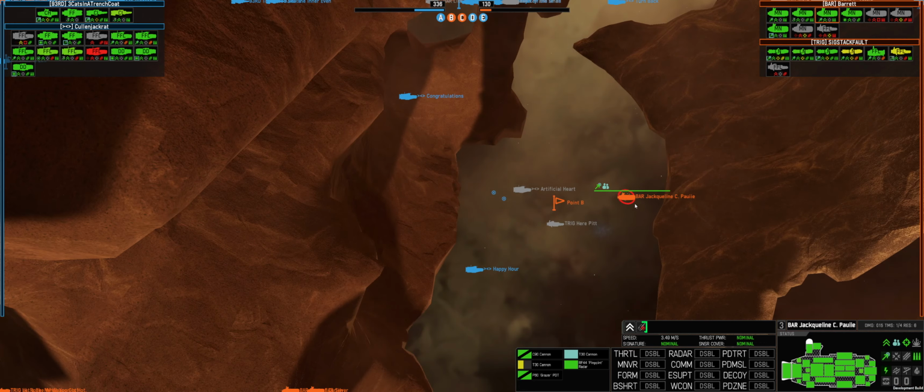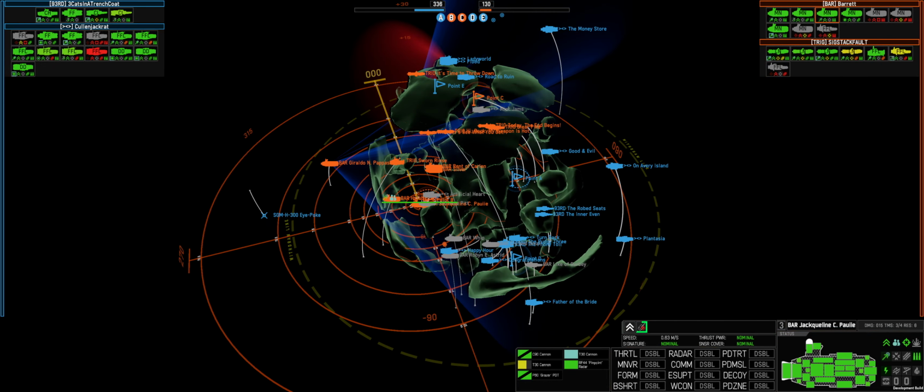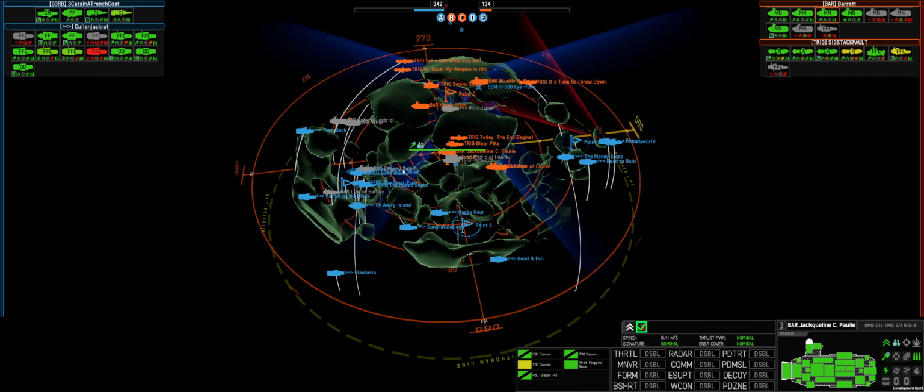The Railstone is holding fire at the moment, which is interesting. Oh no, it's bearing on the target. What drive do they have on this? They do have a Dragonfly, but it's just not...